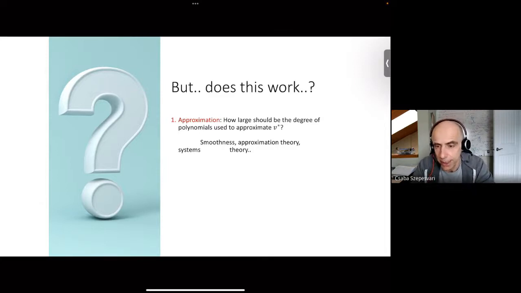And can we trust that these basis functions, or a few of them, are going to be good enough to capture highly accurately the optimal value function, because this whole program relies on the success of this. So this is the question in the realm of approximation theory, systems theory,